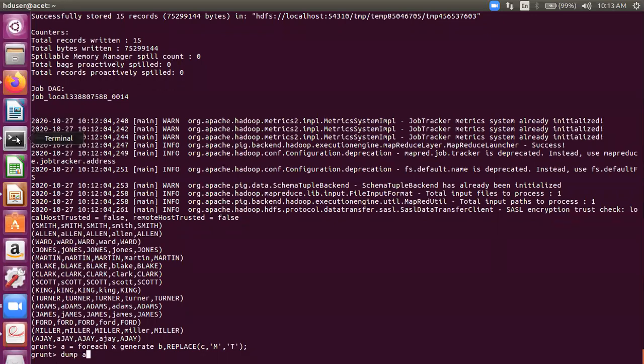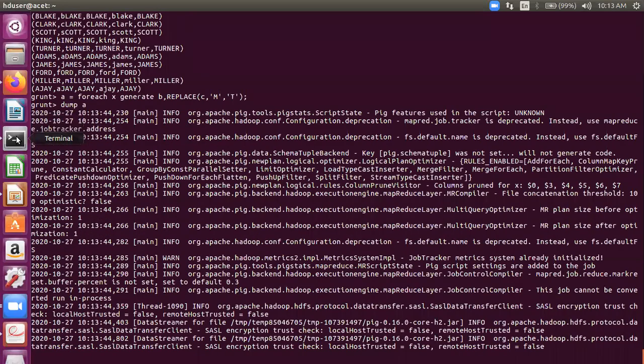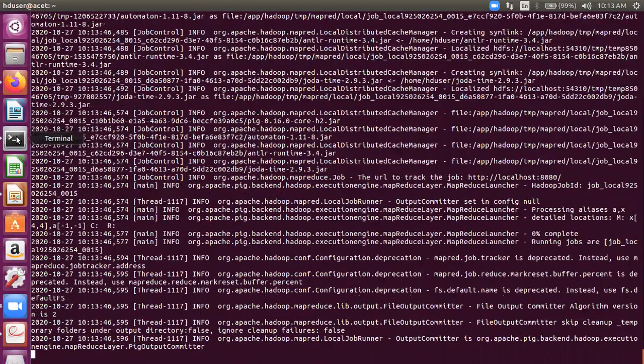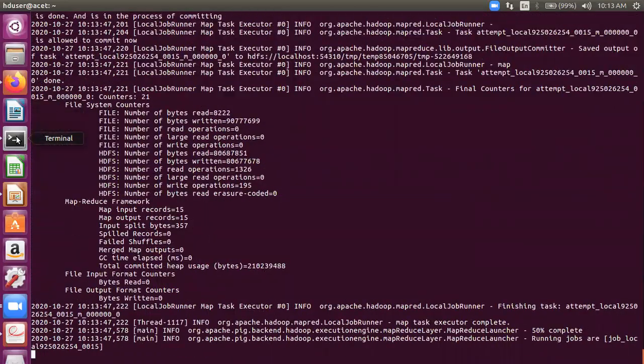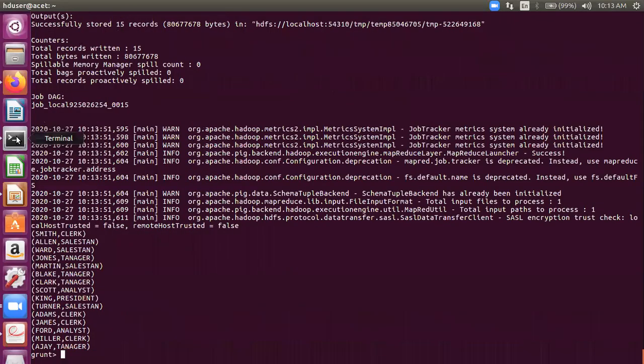I'm using a replace function on the third column, that is the job column, replacing M with T. Okay, let's see what it displays. So you can see in manager, in salesman, M is replaced with T. In manager, it is replaced. So everywhere, so we are generating the names also along with that. Okay, this is a replace.